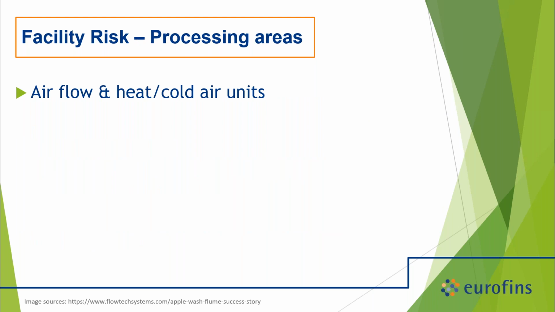The other thing to think about is just airflow in general and heat and air cold units. You can have something growing in your air conditioner unit that then is getting spewed out across your facility. It's important to think about that because that could actually be zone one if it's blowing atop your actual product. So there are things to think about. It's also seasonal. We talked about seasonality in terms of supply chain and your product itself, but how you manage your plant may vary a lot during the year because of temperature and what you use, whether the heater or the cooler.